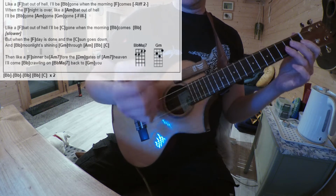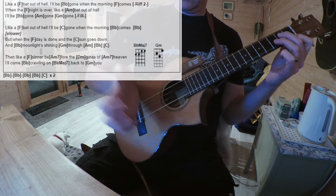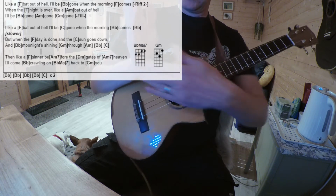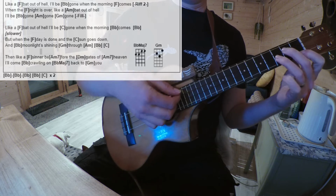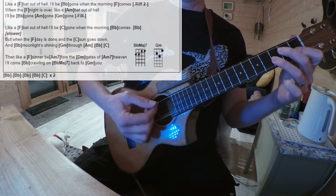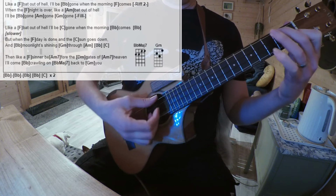If you want to get a shorter sounding note, you can put a palm mute, so you're resting the fleshy bit of your palm here, rather than it sounding like ringing out. And then it's like a sinner, F,